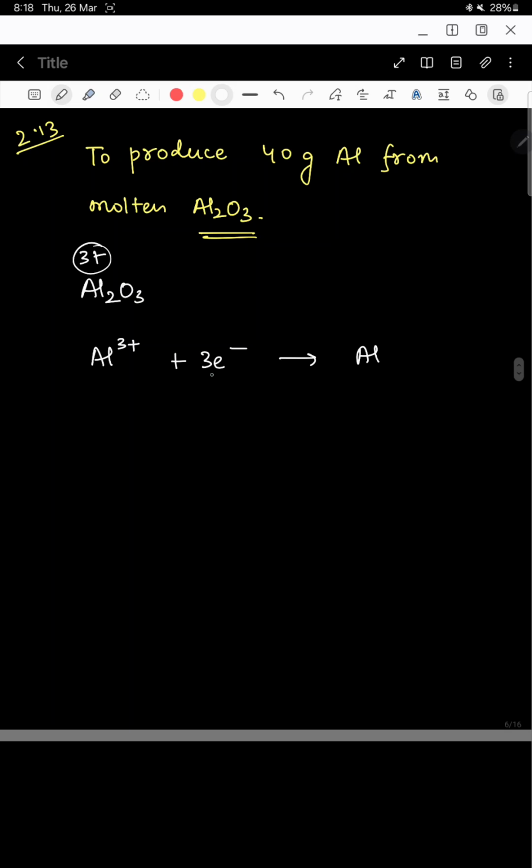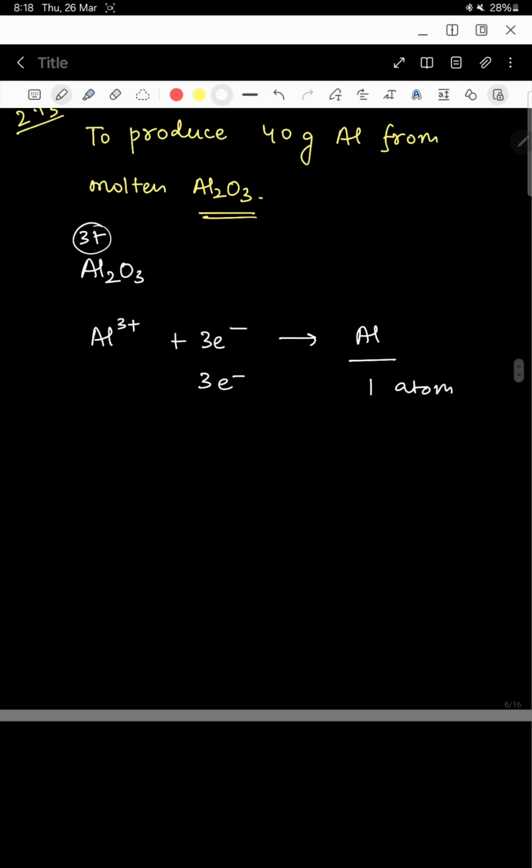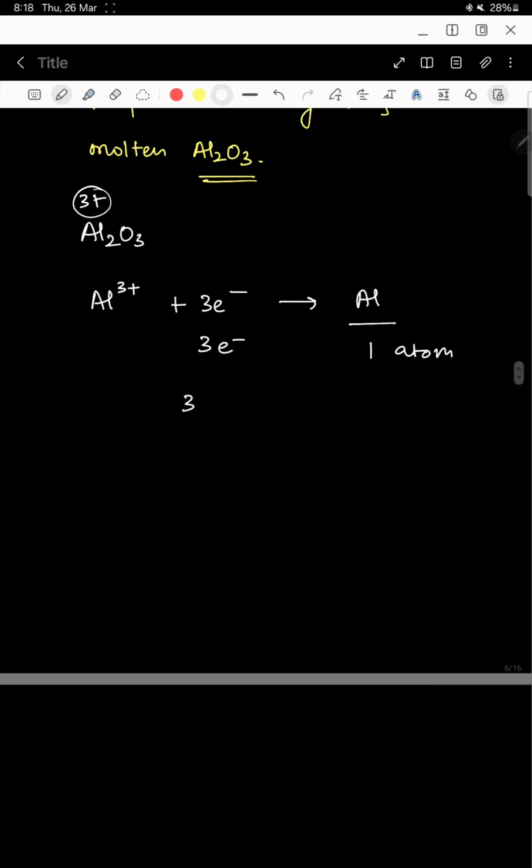To produce 1 aluminium atom we need 3 electrons. So 3 electrons can produce 1 atom of aluminium. Now if you have 3 mole electrons, then it will produce 1 mole of aluminium, right? So 3 mole electrons will be 3 Faraday,